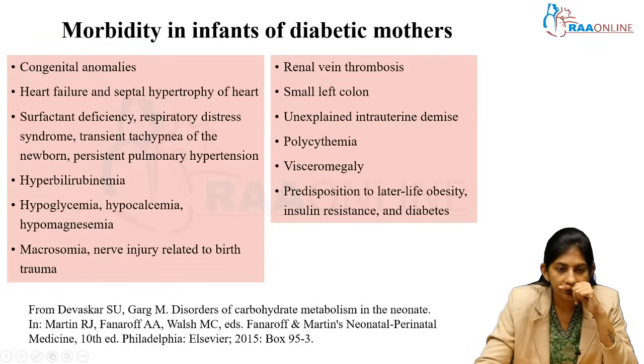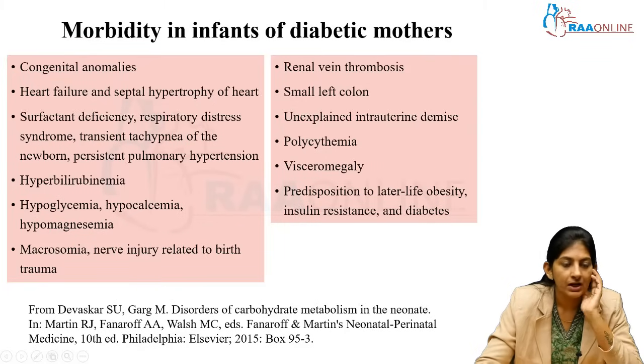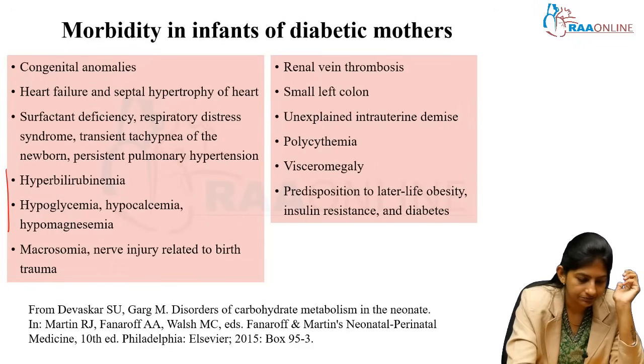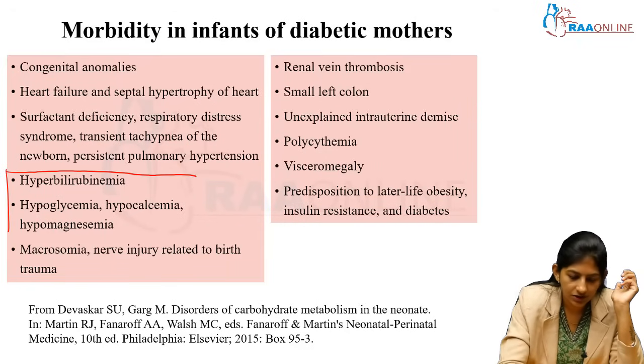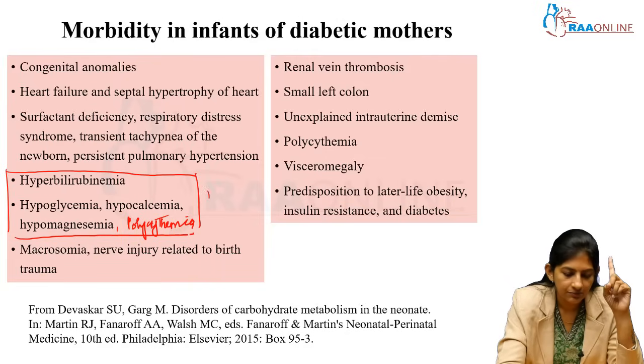Next, I think we'll start from, yeah. So I have one more image for you, which I'll show you, taken from the Nelson textbook. I didn't want to skip this. Right, okay. So we'll start from the metabolic complications, I would say. Polycythemia also can be included here. Right. So first are the metabolic complications.